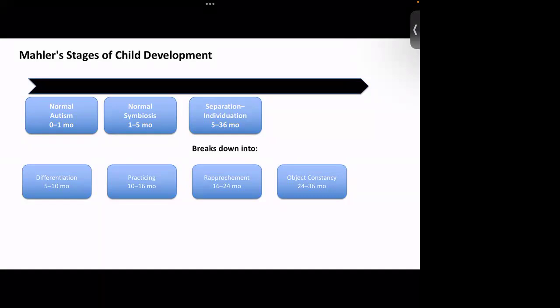They can feel secure that if I go away, I know my mother will be there when I get back. Okay, so in the next few slides, I'm going to present my approach for how to remember these stages, because right now some of these words seem tough and very hard to memorize.